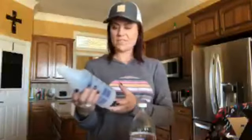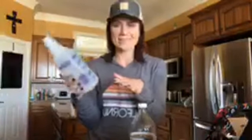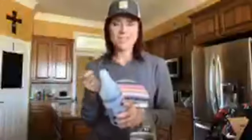So her recipe calls for a 16-ounce spray bottle, and I have just a regular size spray bottle. So this is 25 ounces to here. Obviously, it can go a little more than 25 ounces. So we're going to kind of improvise because I want to fill it up. I already have a fly spray made for Mia. It's out at the barn, but I'm going to do a backup so that when I run out, we're not out of fly spray for a little bit. And so I'm just going to show you how I've been making it, just making it a little larger than